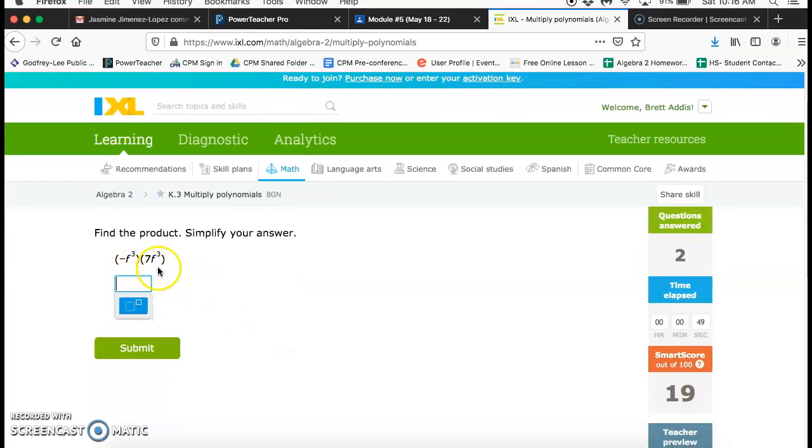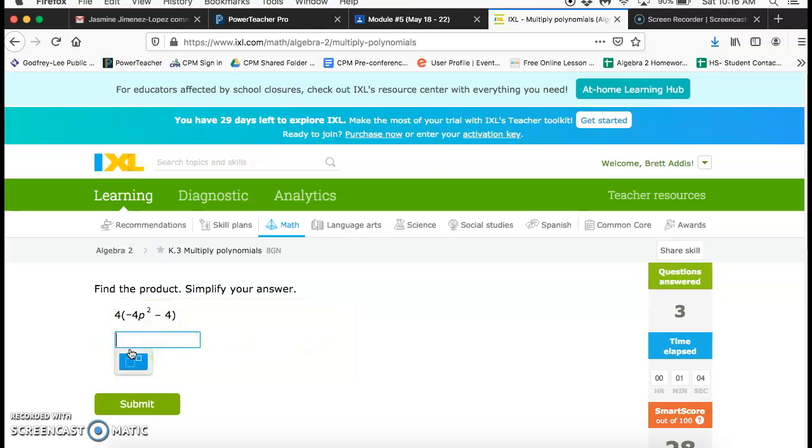Okay, with signs I have a negative. No number there means it's a 1. 1 times 7 is 7. And I'm going to add the exponents. F to the power of 3 times f to the power of 3. 3 plus 3 is 6. Alright, let's take a look at